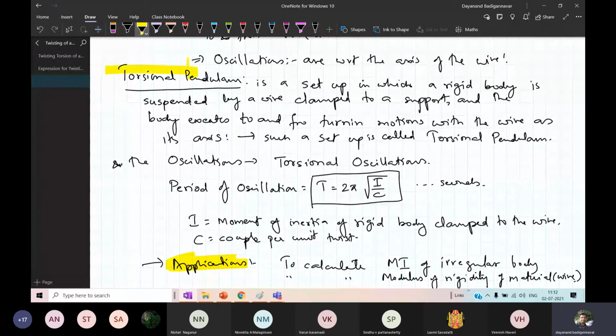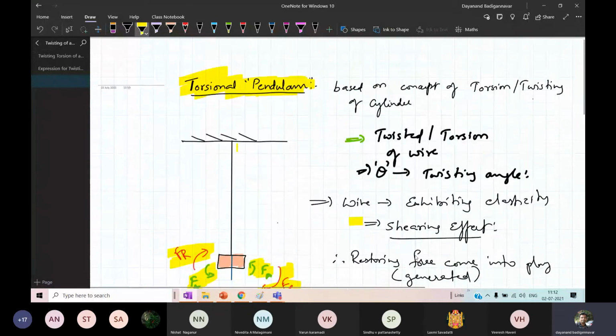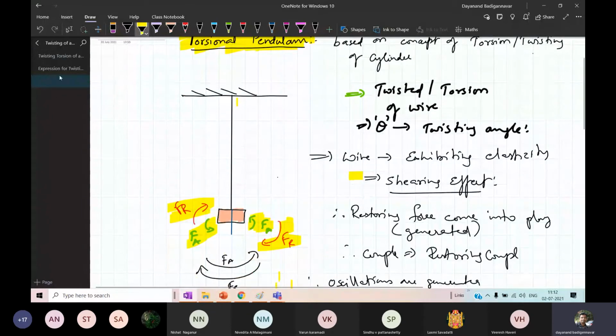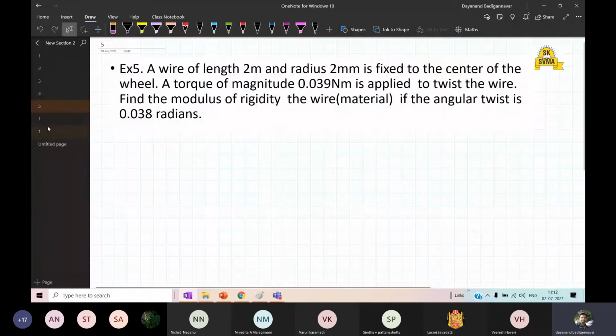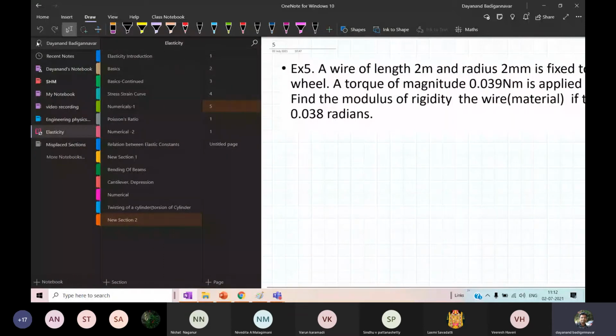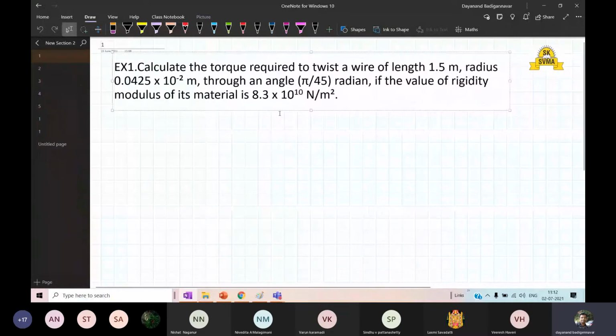This experiment is there in the lab. When you come to college, we will do this experiment. We'll use the same idea and we will do it. So with this, we are going to end up the theoretical concepts of the torsion oscillations and the elasticity. Let's go for the problematic part. Okay, let us take the problem. If you have not taken, don't worry, I will share the screen notes for you. Take down the problem.